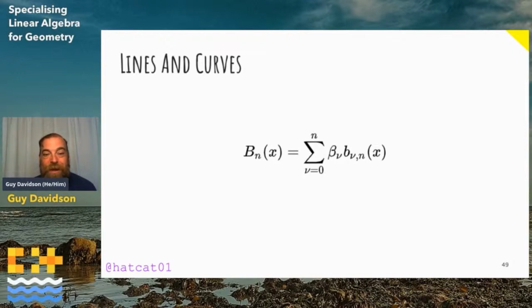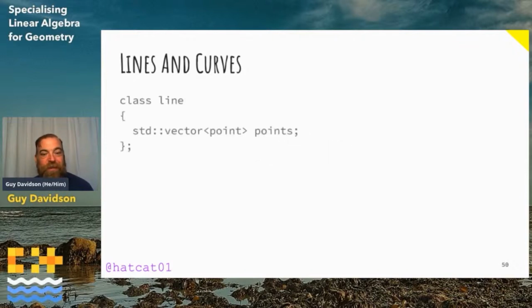Let's move back to lines and curves. We start with a straight line, which we observed satisfies the equation y equals mx plus c. But how do we represent this set of points? What are we actually trying to capture? I think we can agree that a vector of non-integer pairs would be a bad idea. For example, there are 4 billion floating point numbers, but apart from that, there is no guarantee that for each x value, the corresponding y value is available in the float domain, as shown earlier.